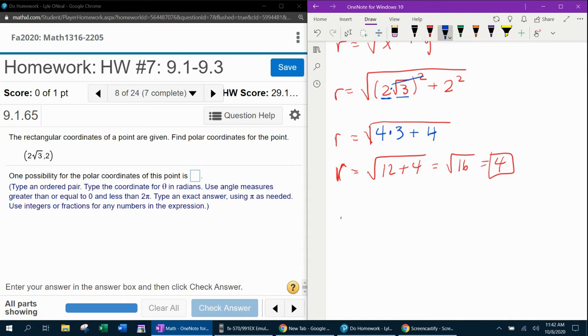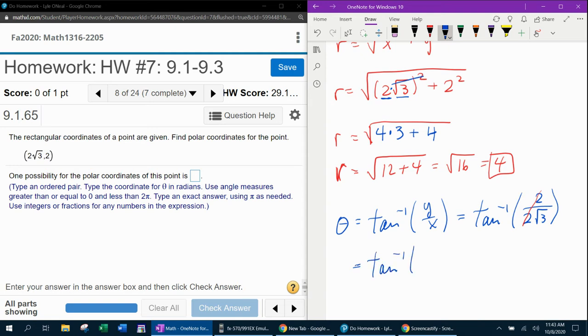Now for theta, the formula is the inverse tangent of y over x, which will be the inverse tangent of 2 over 2 square root of 3. And then that'll reduce, the 2's will cancel, which will give us the inverse tangent of 1 over square root of 3, which you can then put in your calculator, or if you want to rationalize,